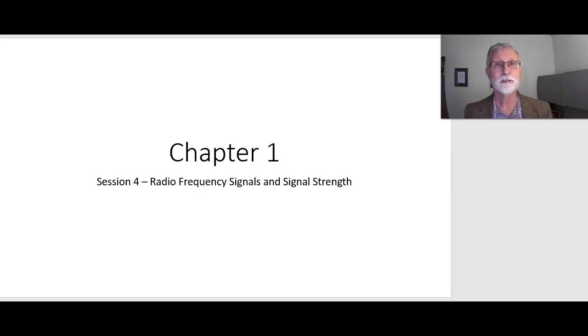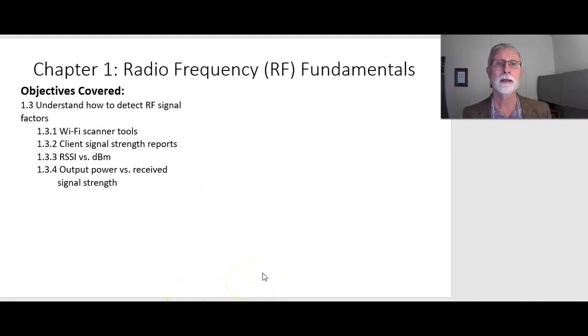This lecture finishes chapter 1. So hang on, we've got a few slides to go. Now we're going to talk about radio frequency signals and signal strength and some of the tools that are used to measure them. So we're going to try to understand how to detect an RF signal, what kind of factors,